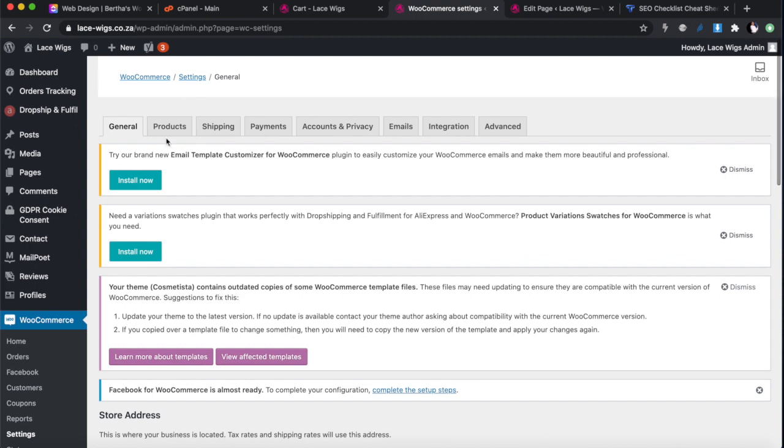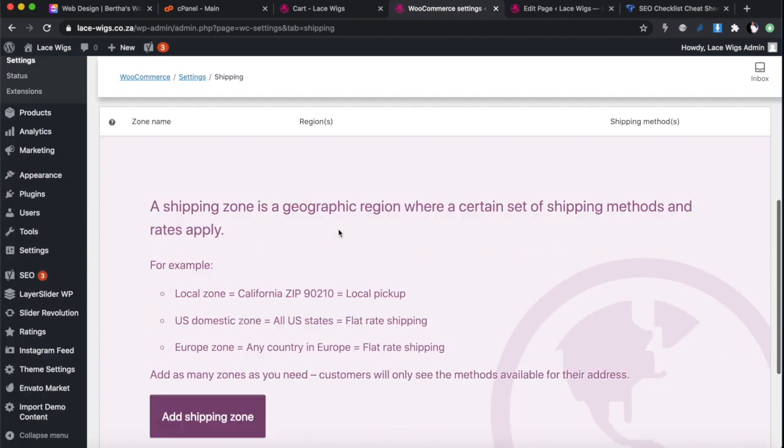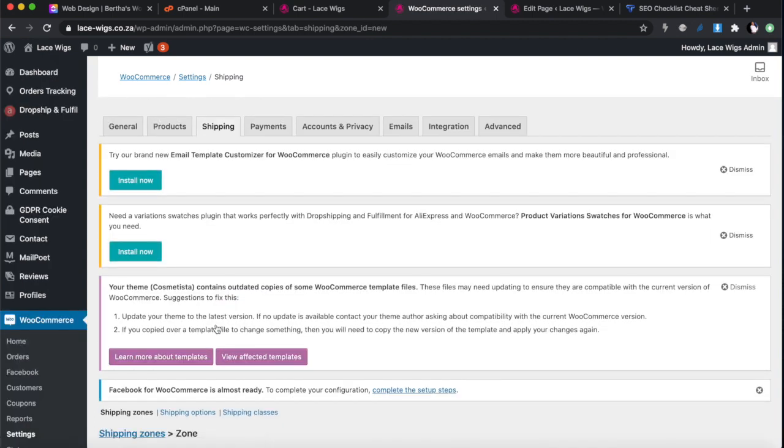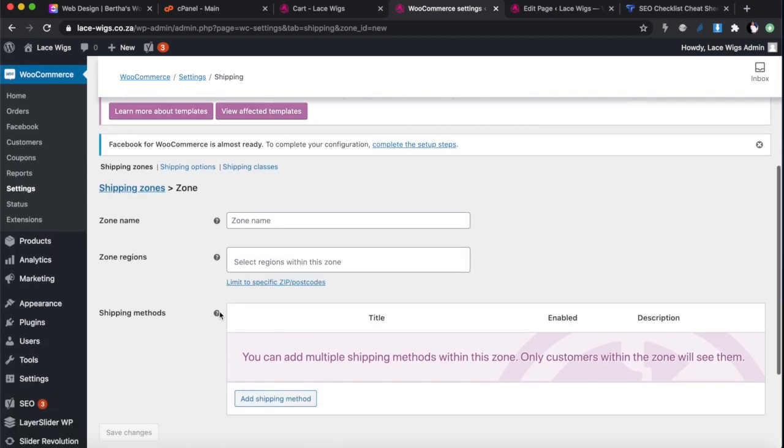So under settings, go to products. Okay, products we don't need to do anything there. Let's start with shipping. So under shipping, we're just going to set one shipping zone for everybody, and just call it free shipping, because everything we're buying, the shipping is included in the pricing. If you recall, all the products that we have are currently with free shipping.